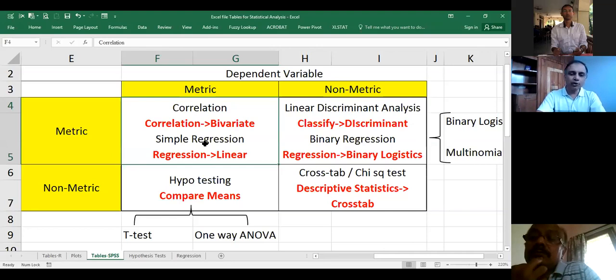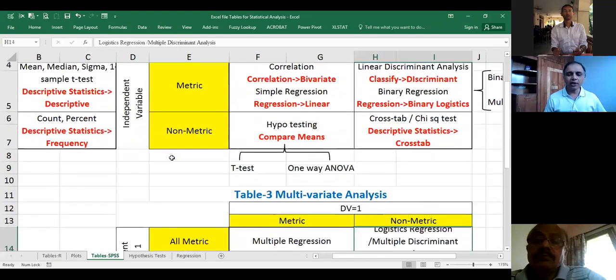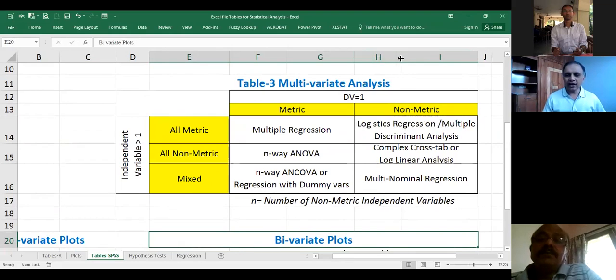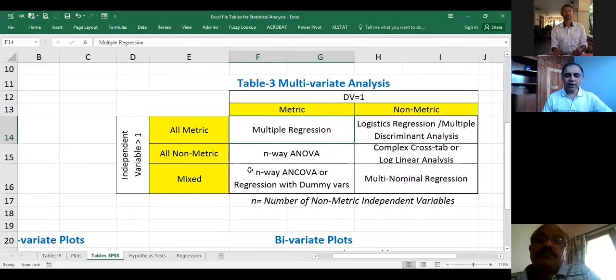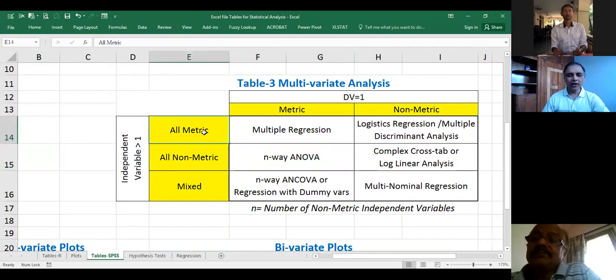So depending on how you measure, we will take this as table number 1, table number 2, and then there is something called table number 3 for the multivariate also. So in the multivariate, we have things like multivariate regression, n-way ANOVA. Maybe you have heard of terms like two-way ANOVA, three-way ANOVA, two-way ANCOVA, multinomial regression, log-linear analysis. Well, there is so much to discuss, but you need not worry. For all things in statistics, friends, I told you in lecture number 1, there is a grammar of statistics.